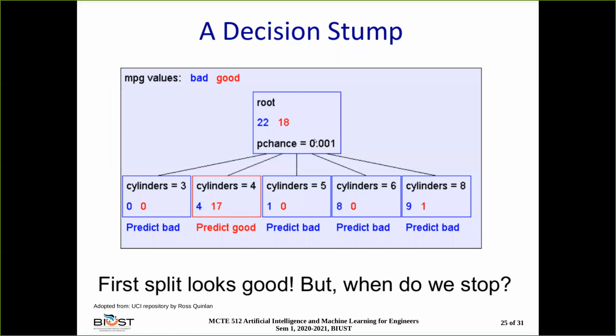So now the root layer is, you have 22 bad. In this case, the blue is bad and good is red. Okay, normally red should be bad. Anyway, there are 22 bad and 18 good miles per gallon of cars, models, and everything that we